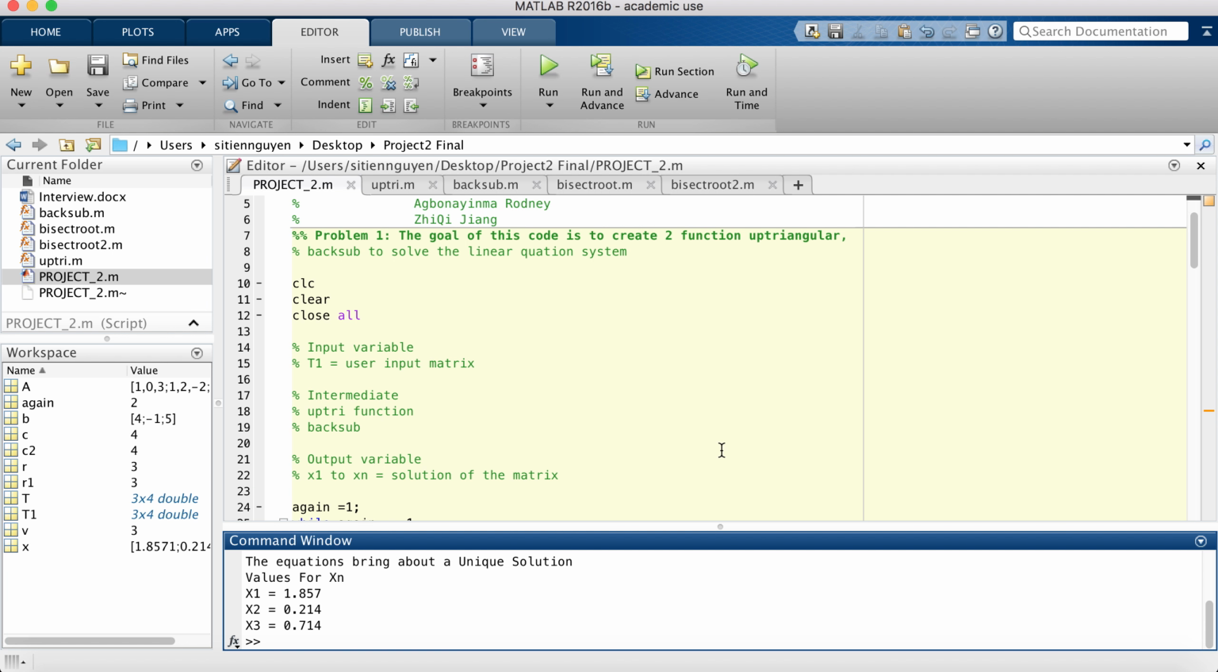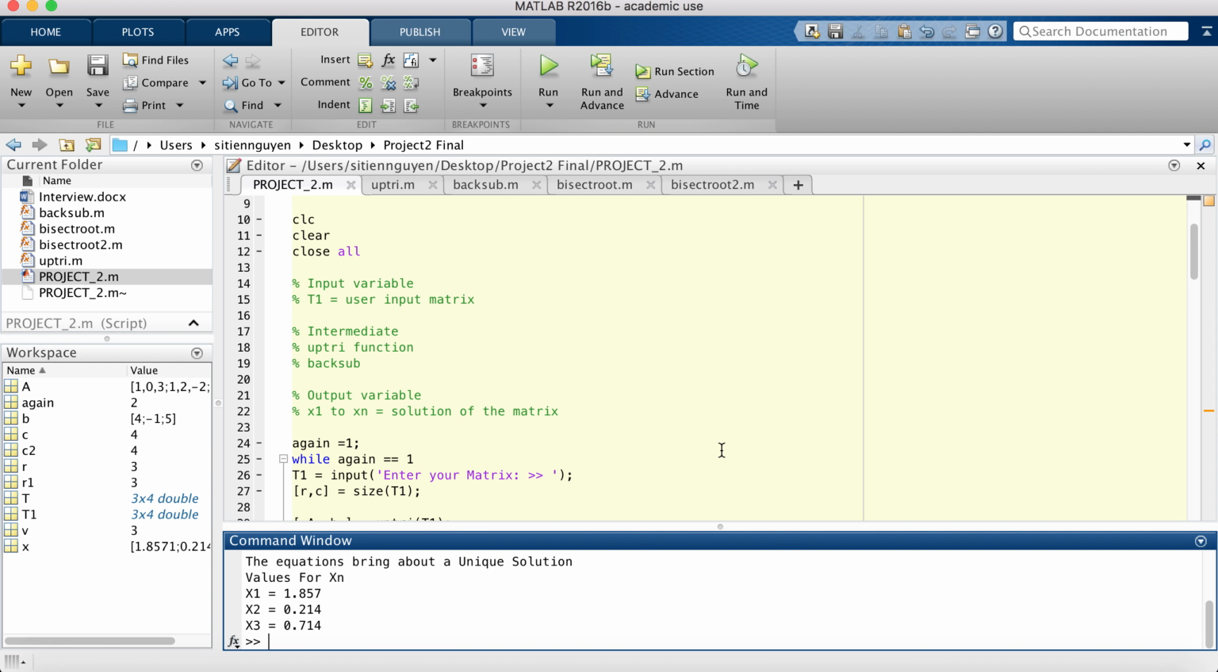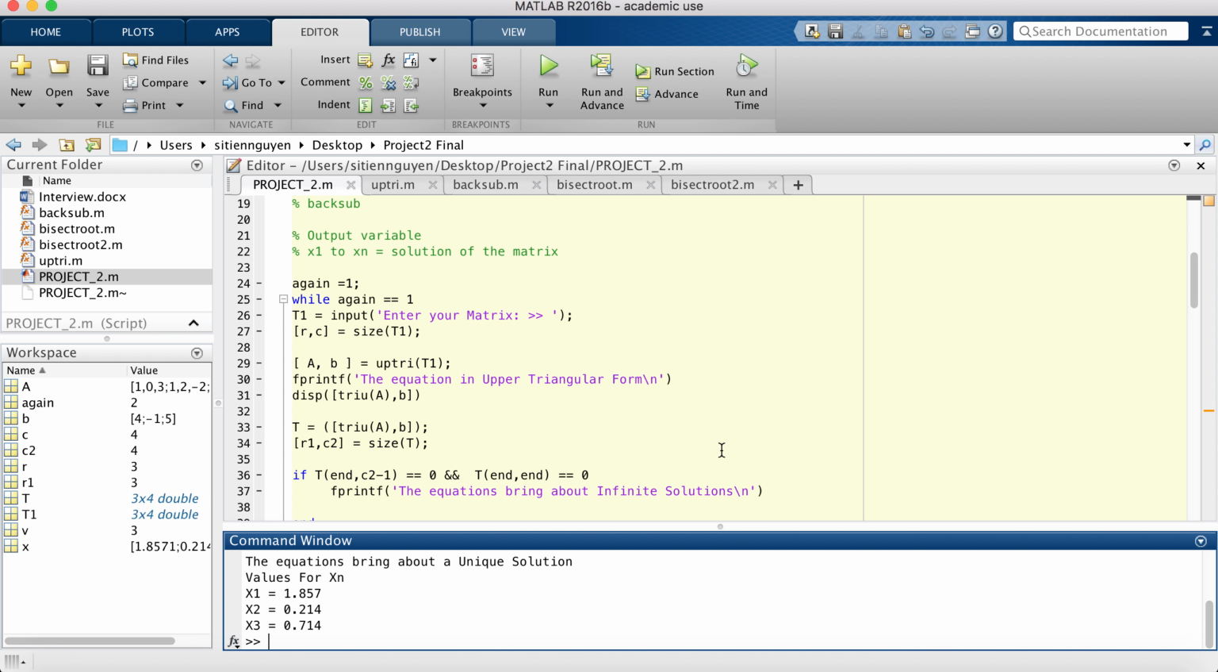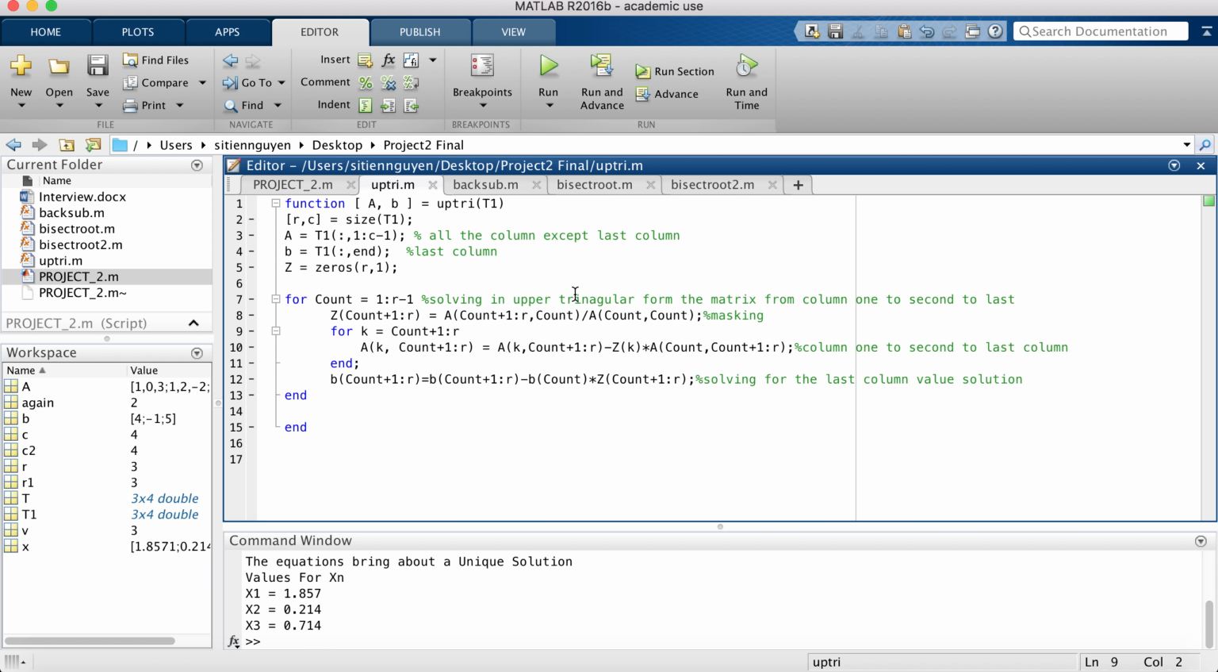Alright, for the first one, the goal of this code is to create two functions, updrive and backsub, to solve a linear equation system. The first one, I need to ask the user to input a matrix of any size, and after that, I calculate the size of the matrix. And I create the upper triangular. The input for the updrive function is T1, the matrix. This is the original matrix, and after that I